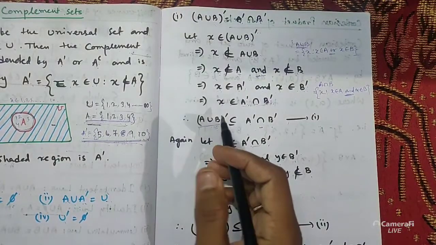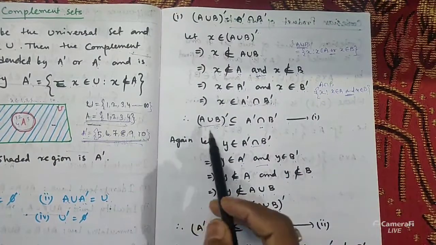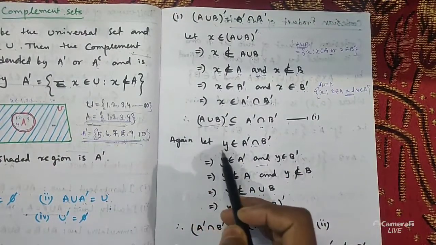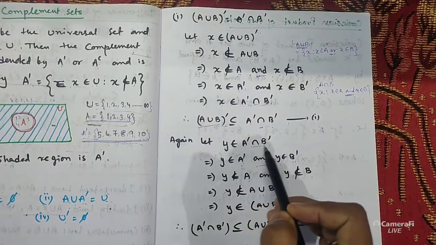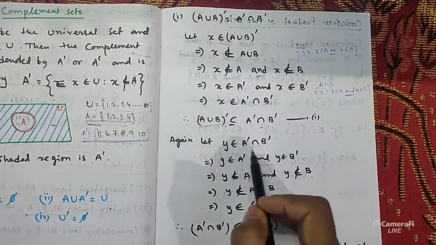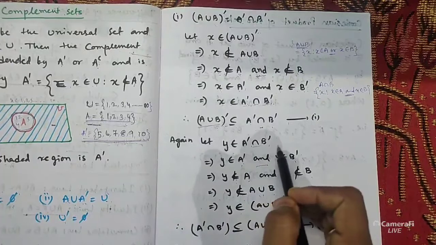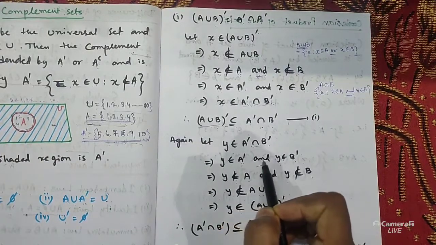Hello students. Okay, so here we have taken y is an element which belongs to A complement intersection B complement. Now if y belongs to A complement intersection B complement, that means y belongs to A complement, and